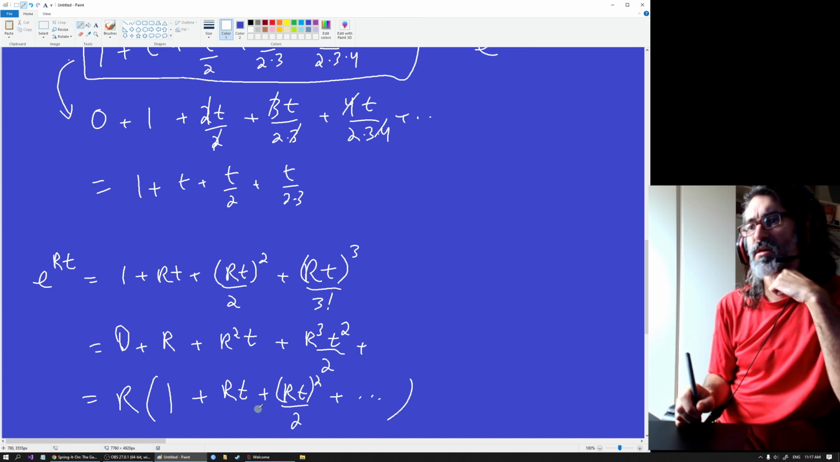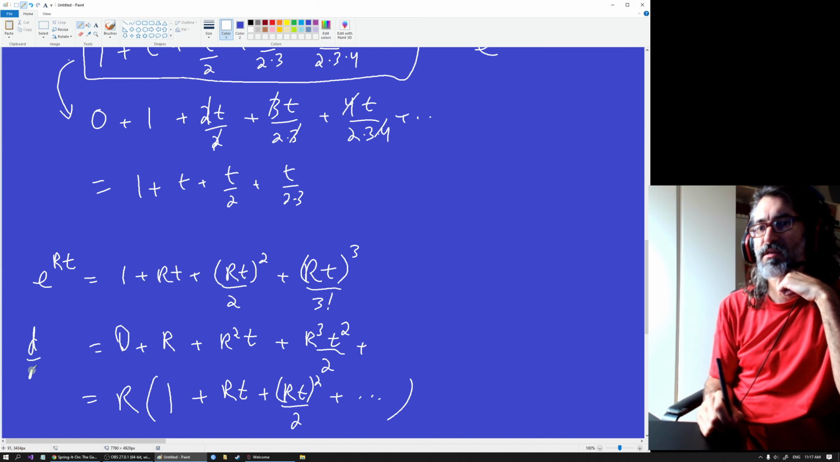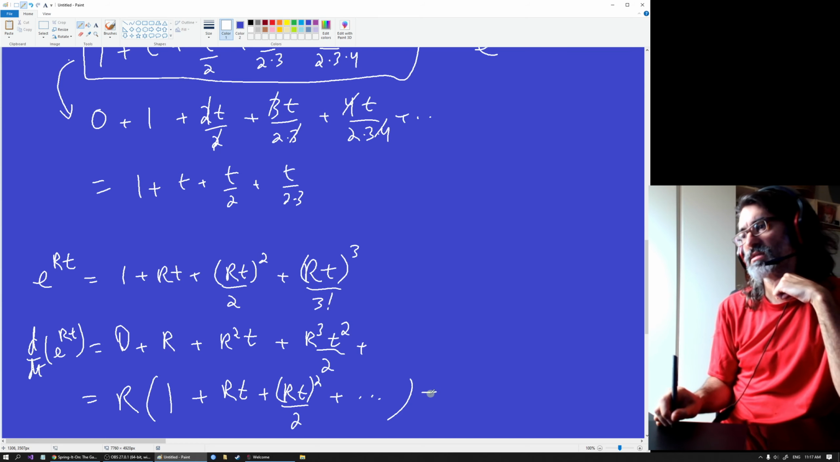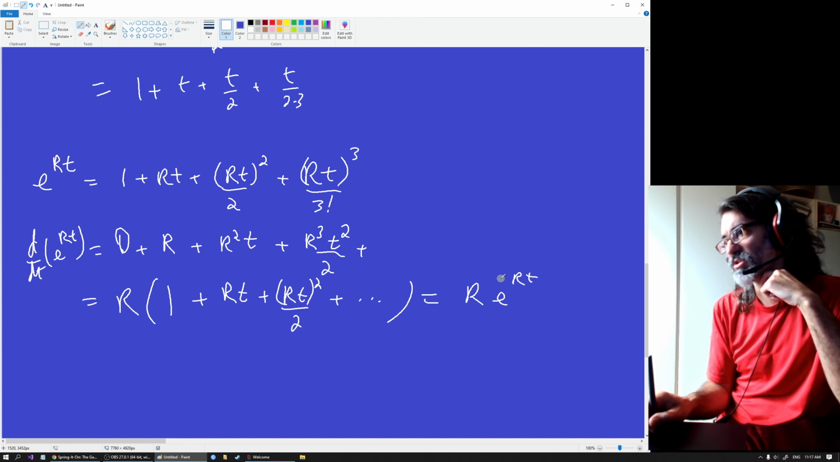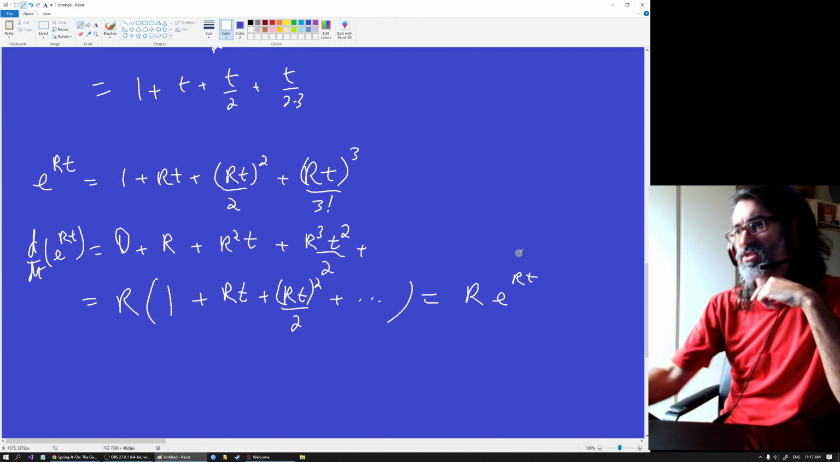So the derivative, d/dt of e^(rt), is actually just r e^(rt). So when we find a derivative of an exponential, we pick what we had here and put it in front. That's what an exponential does when we try to find a derivative. So that's why it's really fun. And that's why we're happy and we really like exponentials. And that's why